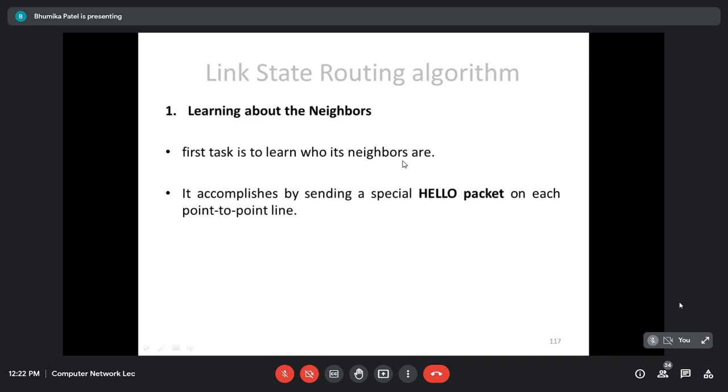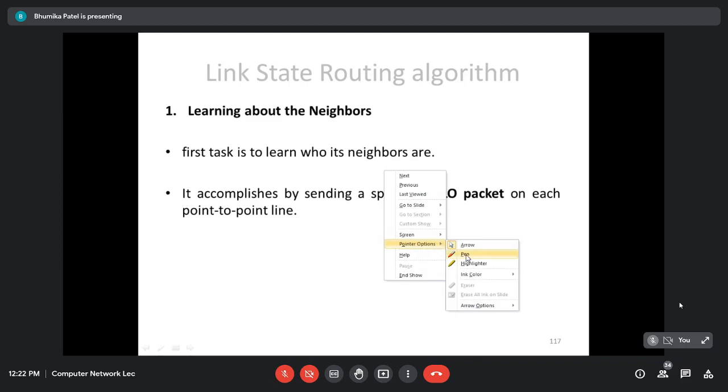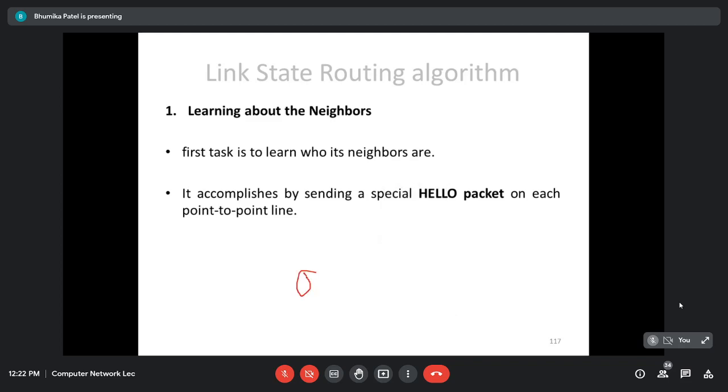The first step is to identify who my neighbors are, and it is accomplished by sending a hello packet on each point-to-point line. For example, if a router is connected through three interfaces, it will create one packet like this, and this packet is known as the hello packet.